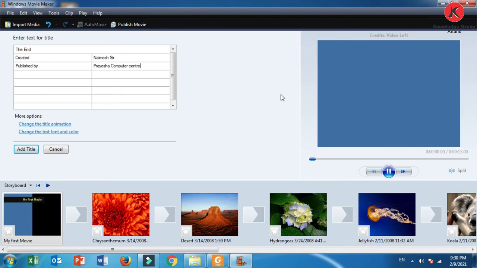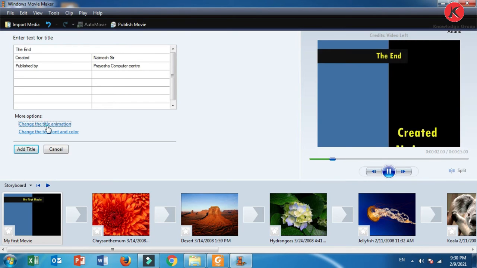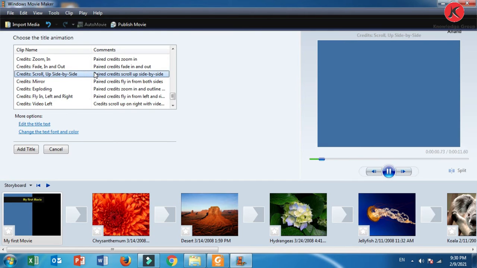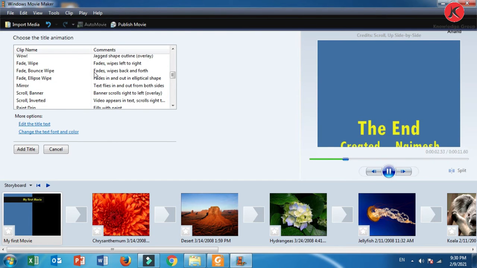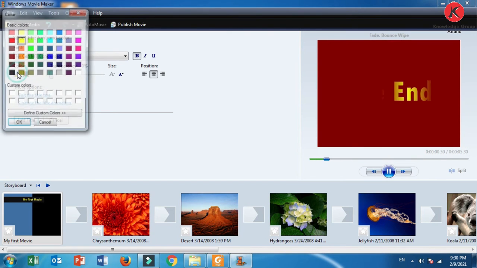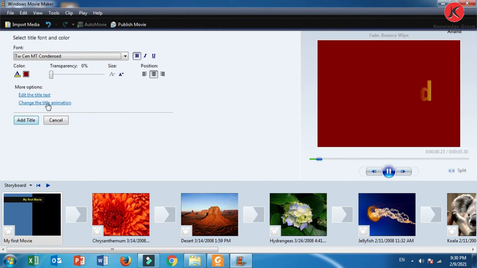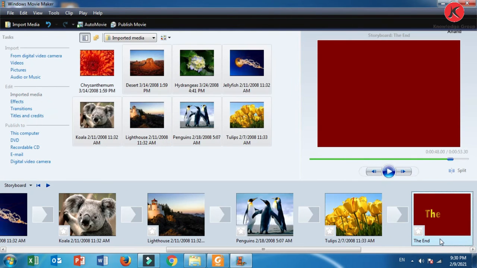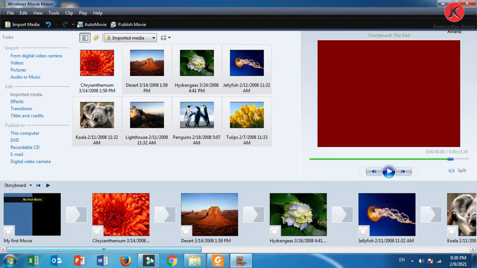Again we can change the animation from here, like scrolling or fade in. If you want to change the color, you can change the background color from here like this. Now click Add, and it will be added at the end of the slides. So this is called credits at the end.